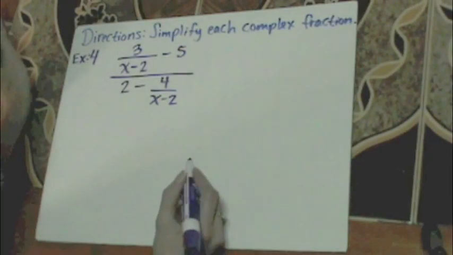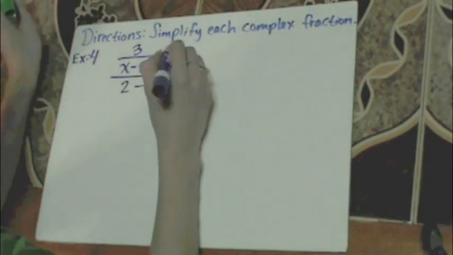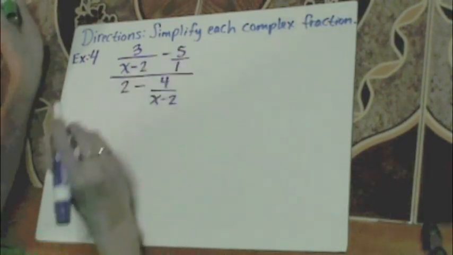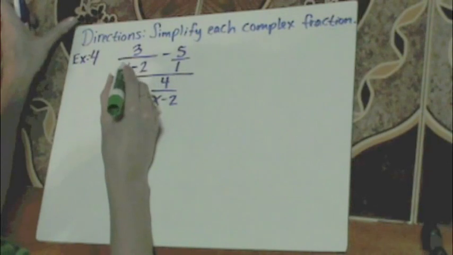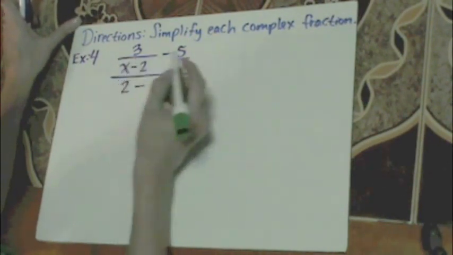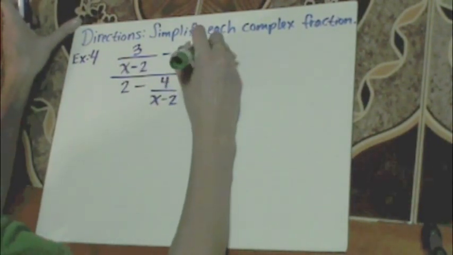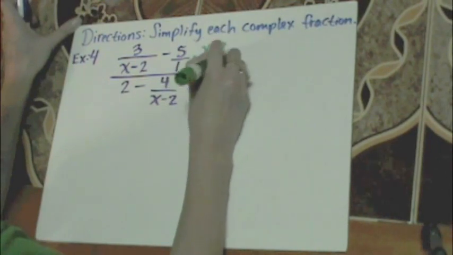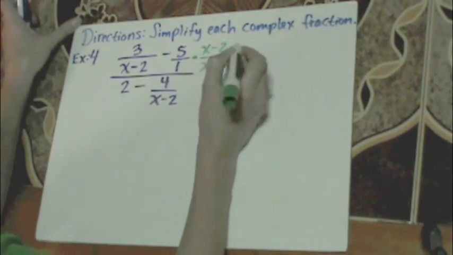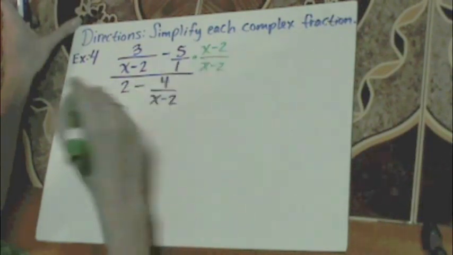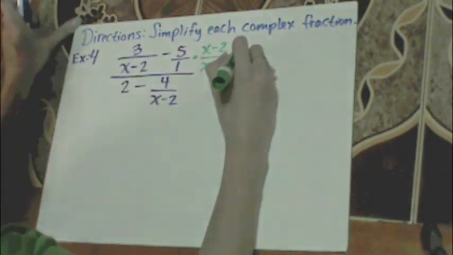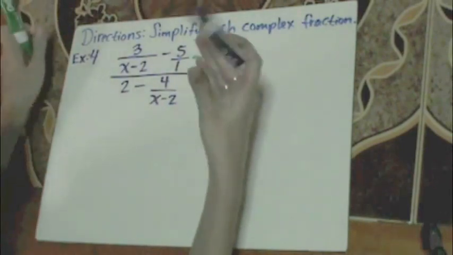Okay, here's example 4. Let's take a look at this. So let's make this over 1 first so we can see a fraction out of that. You can see that your common denominator is going to be x minus 2. So we're going to multiply by x minus 2 here over x minus 2 here. If I multiply by x minus 2 on the denominator, I have to do it on the numerator to balance it out. So then I have